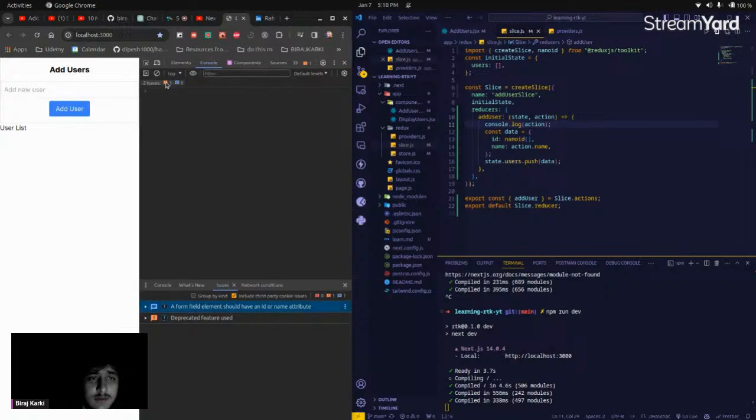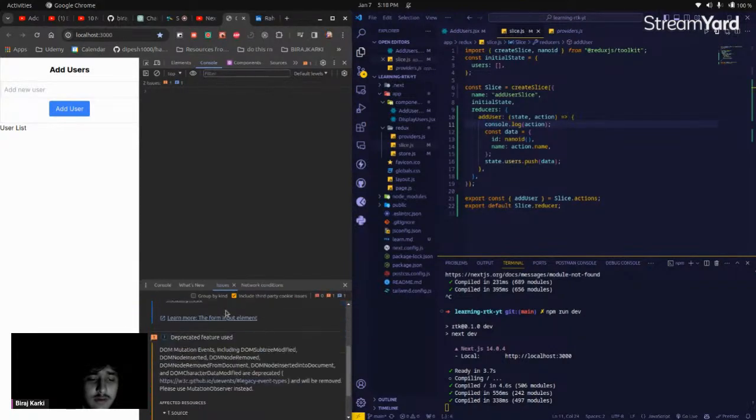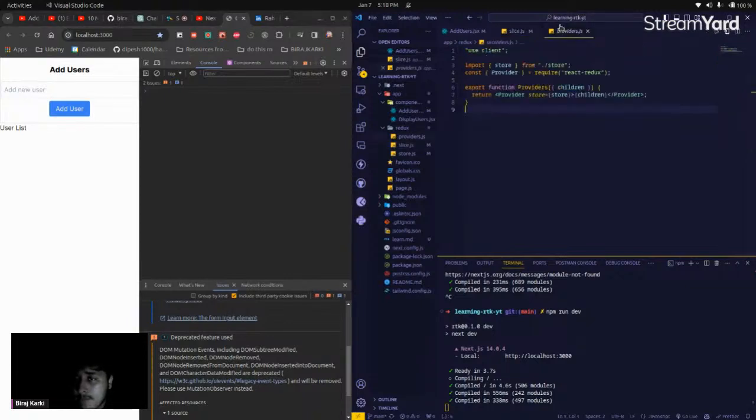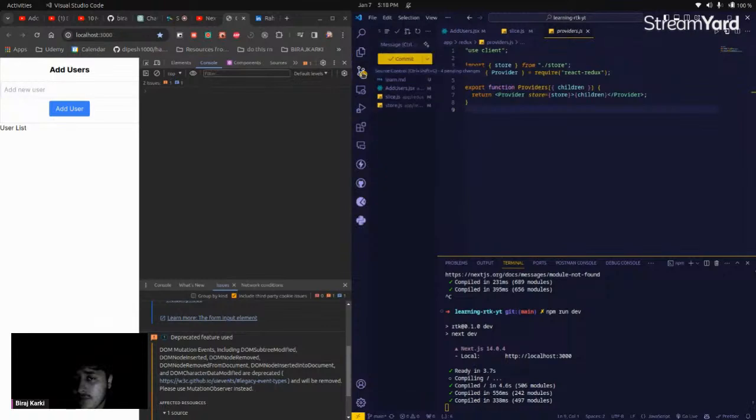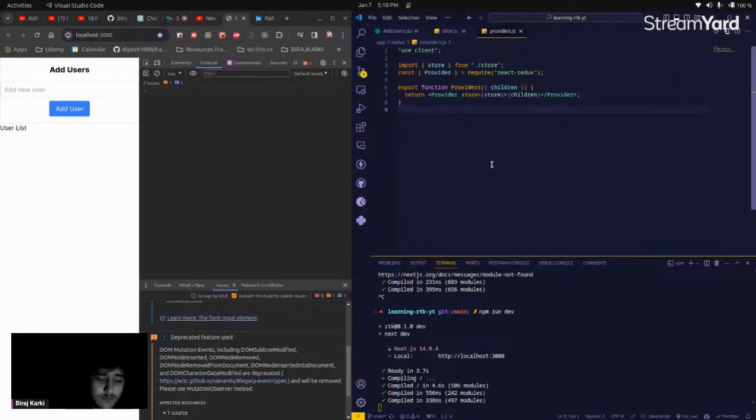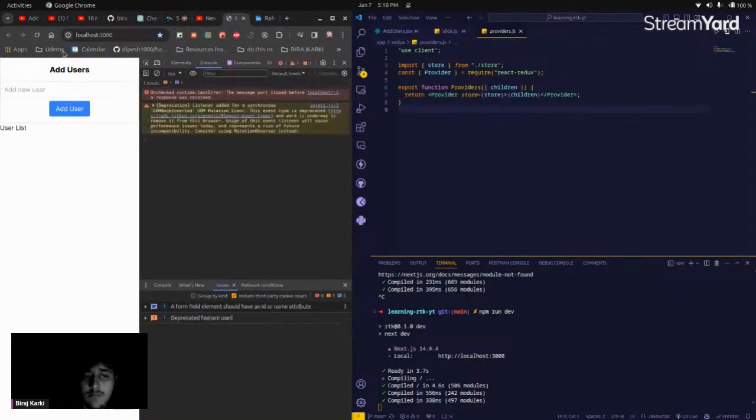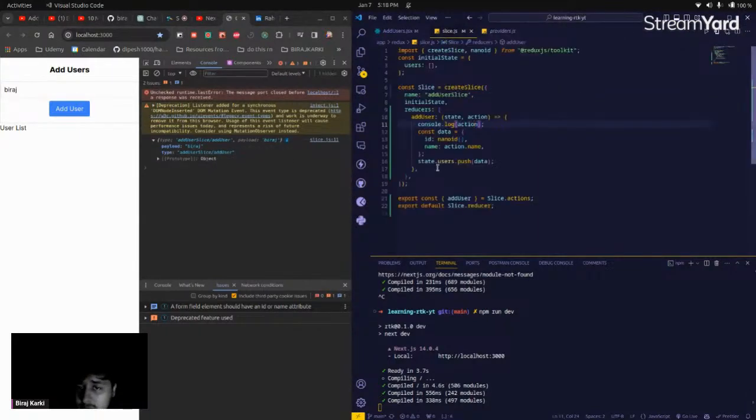Why does a form element should have an... Okay, so it came as a type add user slice. So I have here add user slice slash add user. So it came from